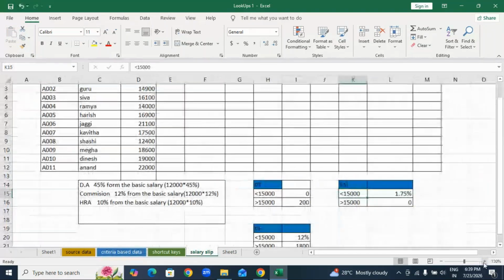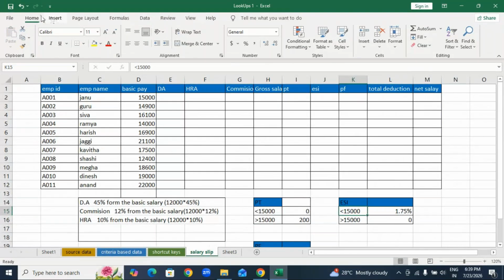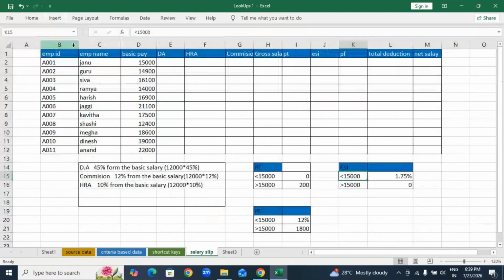Next option is how to create the salary slip in Excel, means in advanced Excel. Some companies use payroll, some companies use Excel only. How to create the salary slip for my employees, how to generate the salary slip. So that option we have in that. See, in my data,